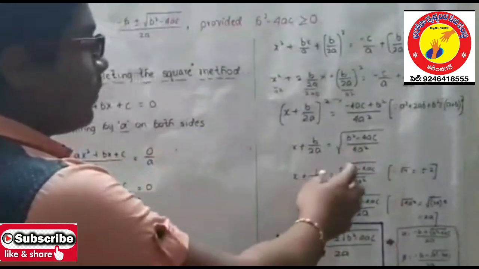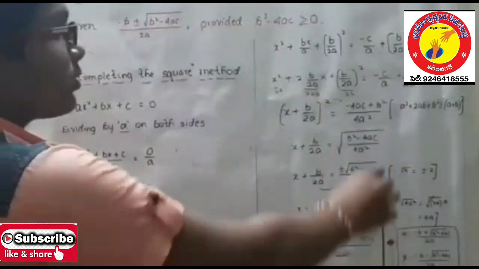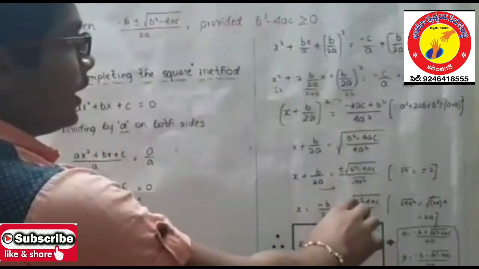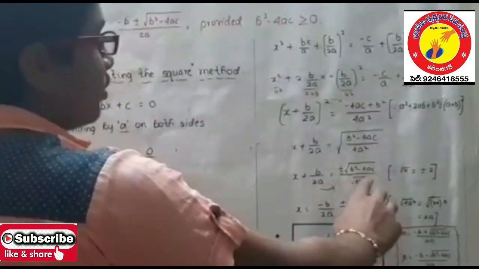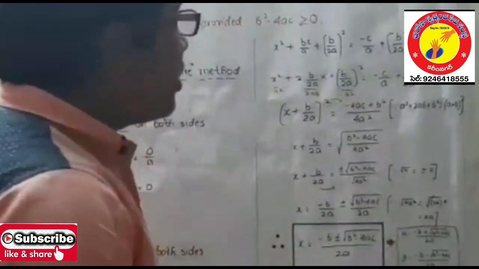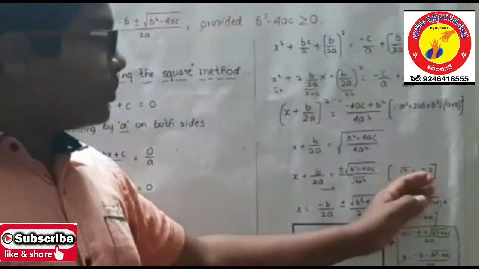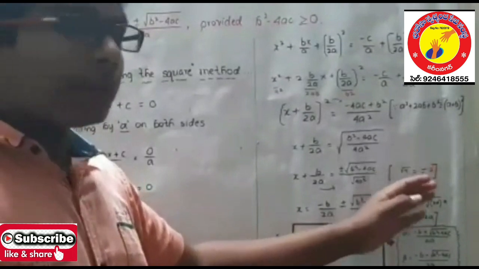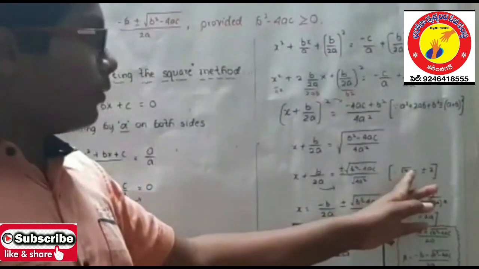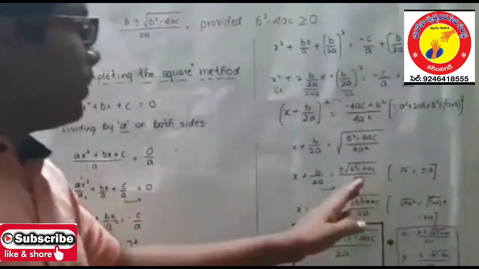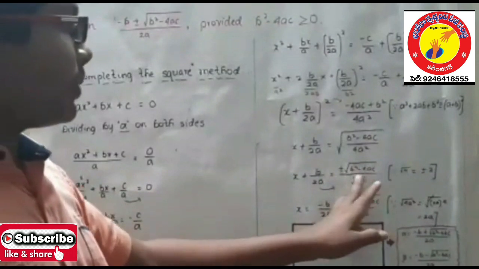Now in the next step, I am taking the square root for both the numerator and denominator. We will get plus or minus under root b square minus 4ac by under root 4a square. It is because for root 4, we write the value as plus or minus 2, since 4 can be written as minus 2 into minus 2 and also plus 2 into plus 2. Therefore, for a square root we get two values. In the same way, for this also we have a square root, so we write plus or minus under root b square minus 4ac.